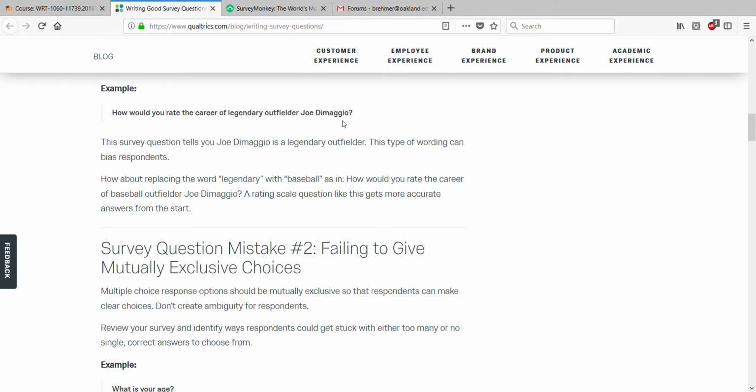And so one of the examples here, I like this example a lot. How would you rate the career of legendary outfielder Joe DiMaggio? The reason why I like this a lot is because I think most people would agree that Joe DiMaggio is pretty legendary, but maybe not. Maybe some people don't agree, and maybe some people don't even know who he is, which is particularly important. If somebody doesn't know who Joe DiMaggio is, and they read this, then they're really swayed to be like, oh, well, he's legendary. So the article encourages you to take out words like that and just replace it with